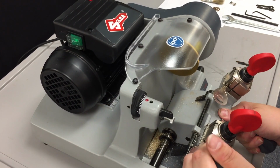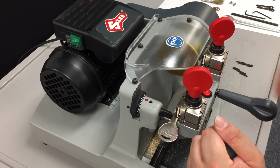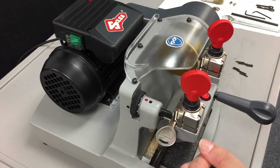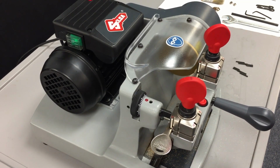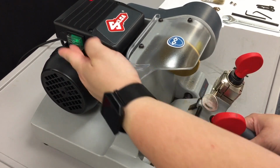and we're going to go up and do one fluid motion. You want to start with the tracer just a little bit before the first cut. Lock it back, motor off,